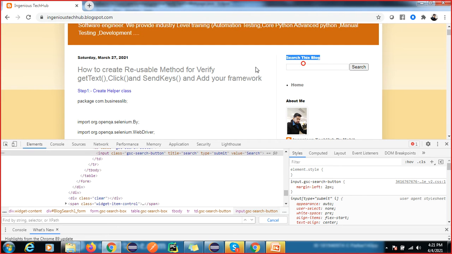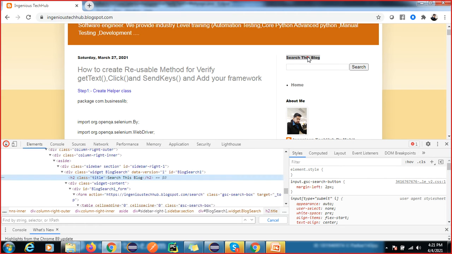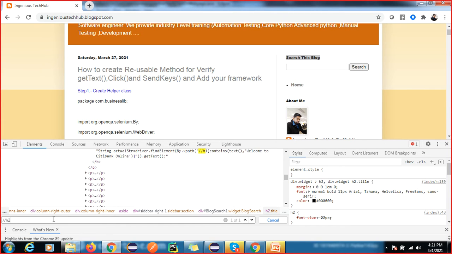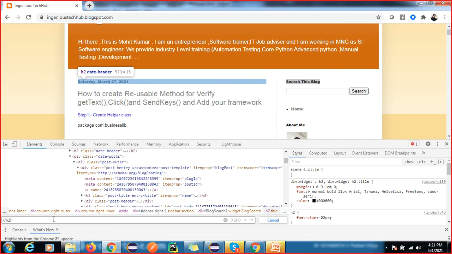Now I'm going to do this also. Just inspect this. I want to do this validation also. Okay, so I will not write again, you can see. So here what I can do is simply I will have the title h2 dot contains, I think this is the contains, right?